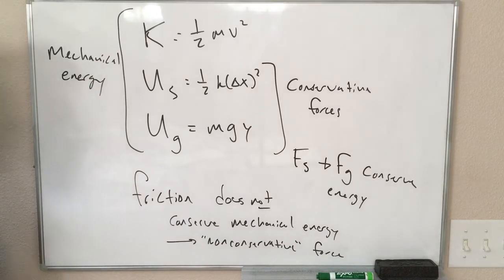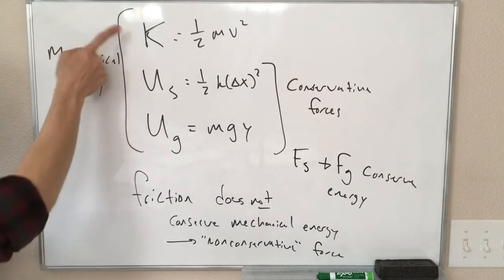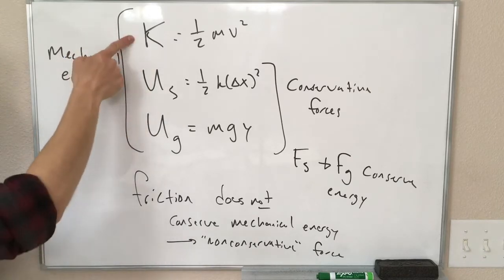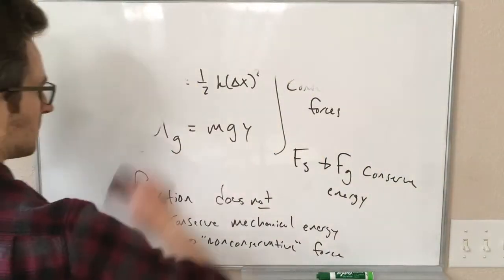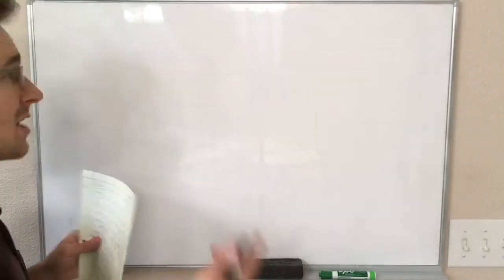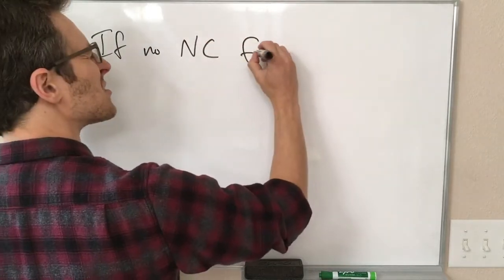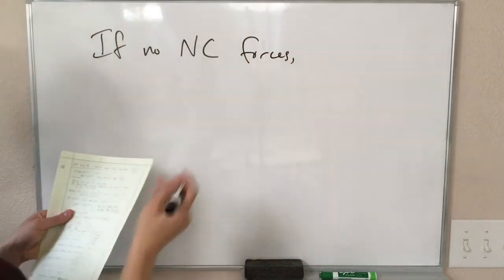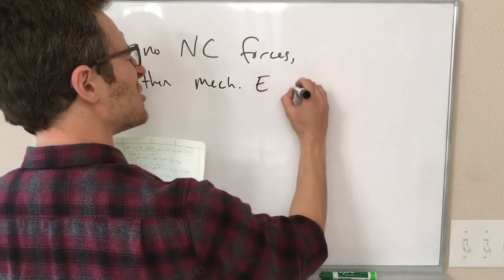What all of this means is that if there are no non-conservative forces, then the total amount of energy in our system has to stay the same. It has to stay as this mechanical energy spread out between some combination of kinetic and potential energy of the spring and gravity. So if we were to write down a statement for this, it would be the following. If we have no non-conservative forces, then our mechanical energy is